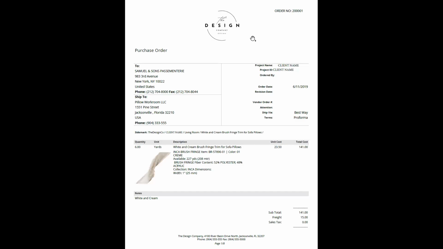Okay, so the anatomy of a purchase order. We can see we've got the company logo here, and then we've got it at the bottom here as well. The order number is written up here. Now, this is a number that correlates to the records organization of the design firm.